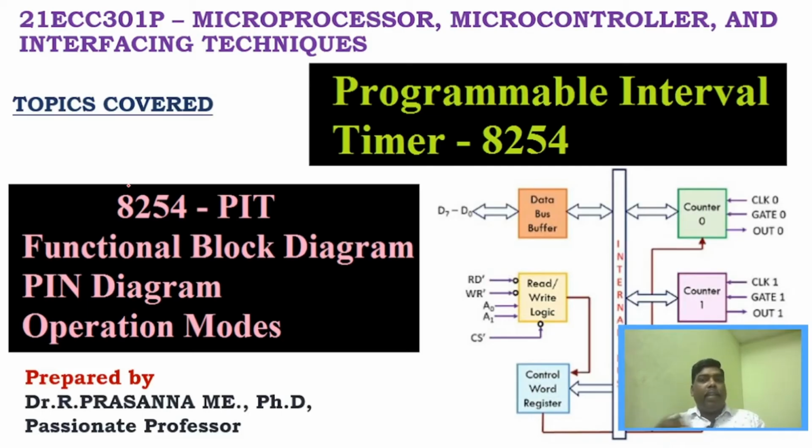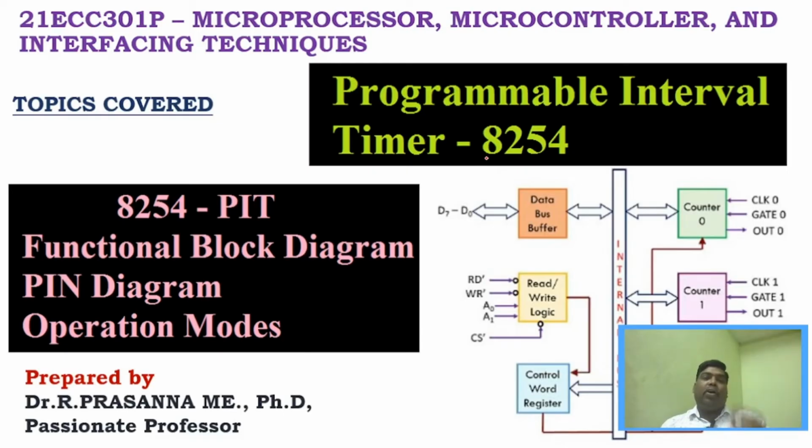So what is hardware delay? Hardware delay is something where we create a delay by using an external IC. That is why 8254 is designed, right? So 8254 is an IC. It can be interfaced with the microprocessor, so that this 8254 will create delay without disturbing the microprocessor, right? So now the delay is created by another peripheral, another device, another IC, that is 8254. It does not disturb the microprocessor.